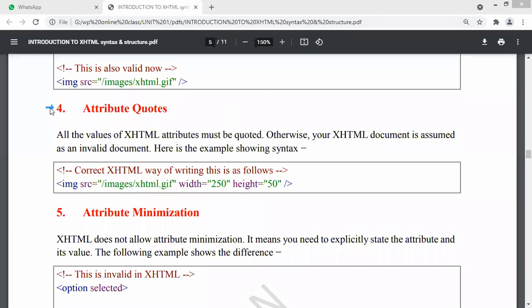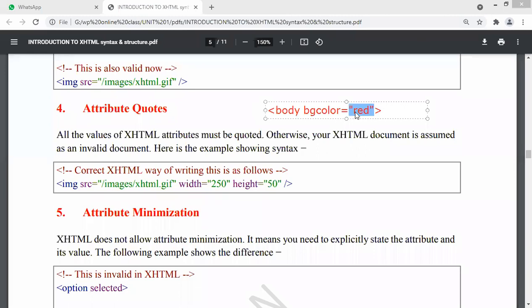Okay, next syntax rule, that is attribute quotes. What it means, just now I told you that every attribute value must be covered in double quotes, right? I told you an example of the body tag, body bgcolor is equal to red. So what is this here? Every attribute, whatever attribute is there, should have a value. This is the value. And here, this red, whatever you are taking, that is the attribute value, and this should compulsorily have what?